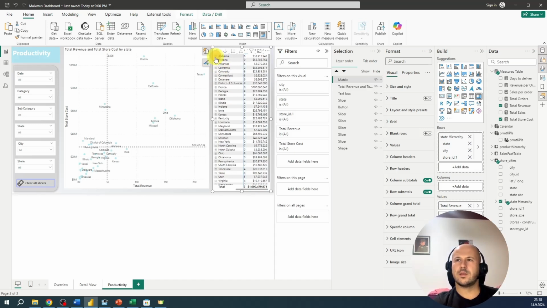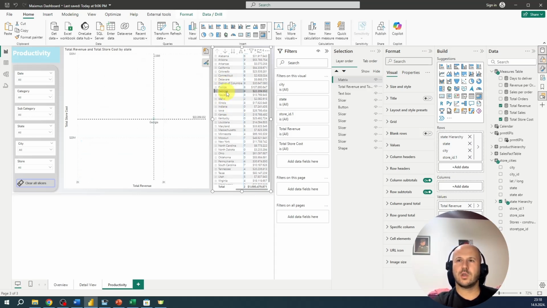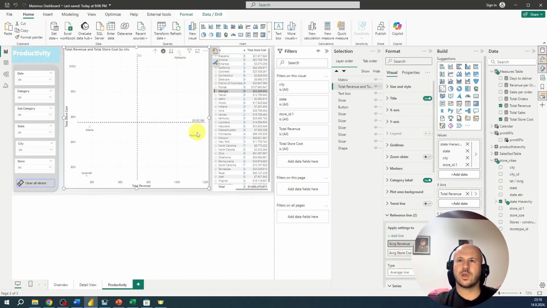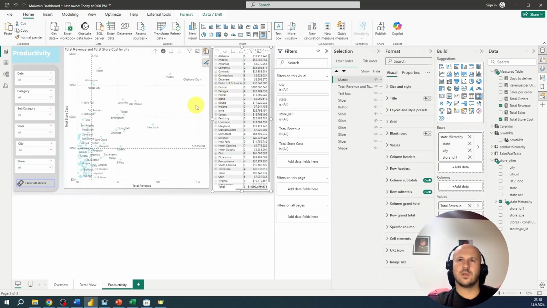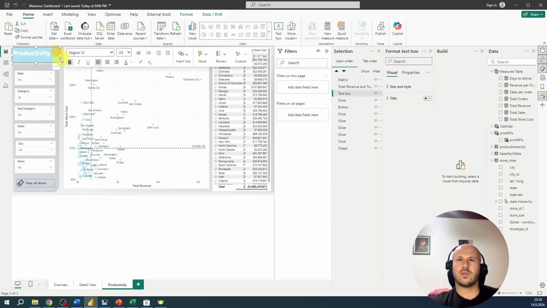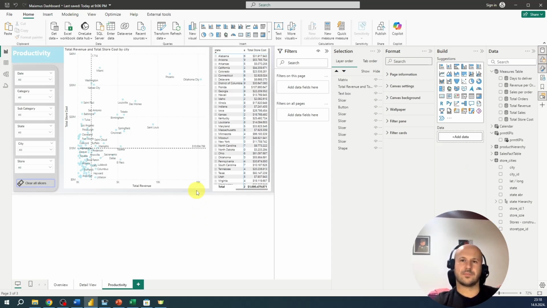And this is an interactive report. If you click on Georgia, you will get results for Georgia. Let's drill down. We have stores in two cities, as you can see, Atlanta and Macon and Alpharetta. Let's deselect this. So this will be our productivity table. Okay, and